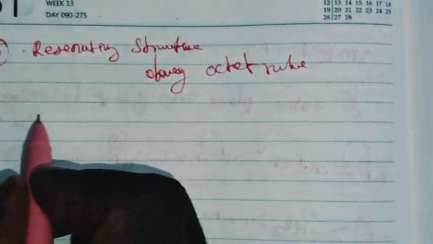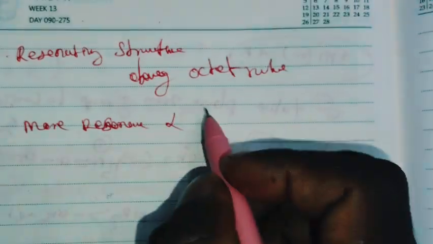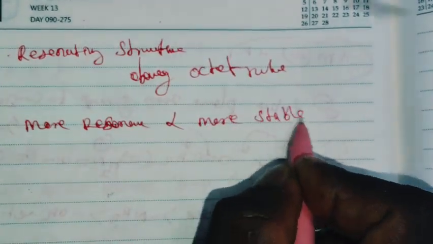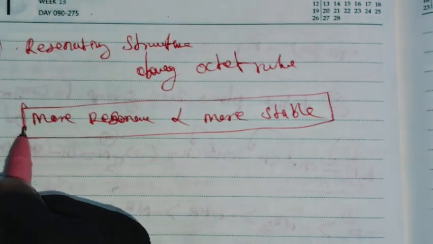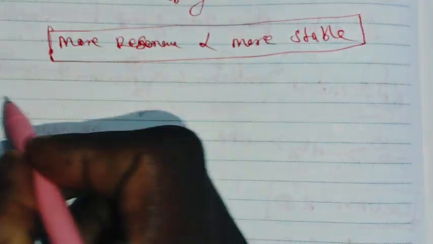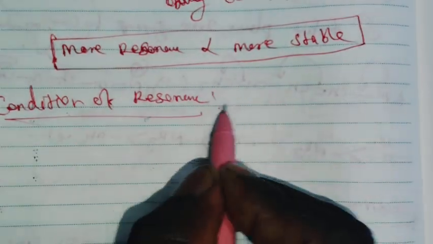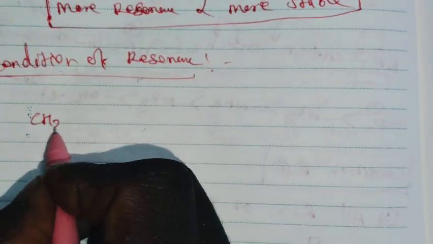Next, more resonance is directly proportional to more stability. More resonance means a more stable compound. The conditions of resonance are very, very important. For example, see this olefin: CH3, CH double bond, CH single bond, CH double